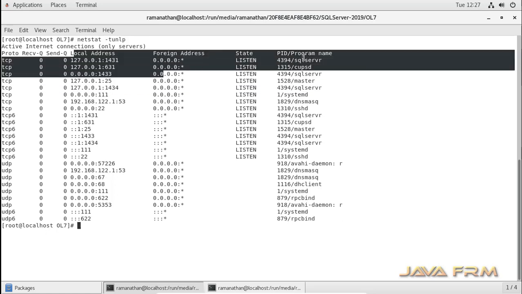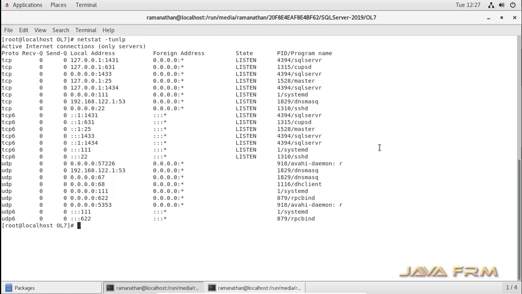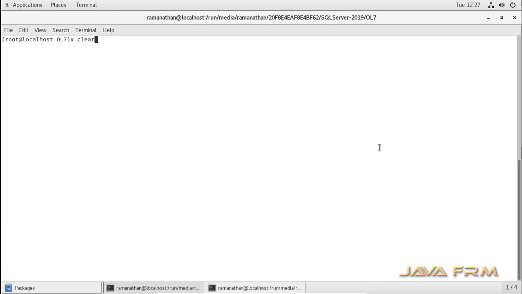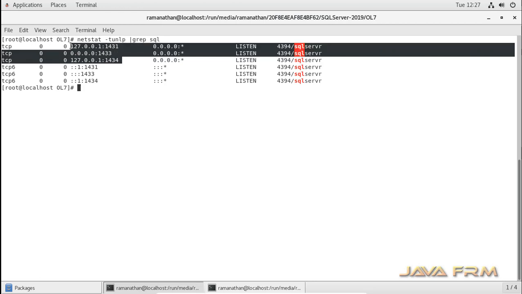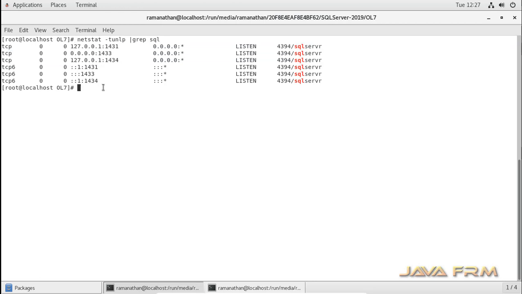Let me grep the command once again. Once again, I'm running the command with grep SQL. Yes, you can see 1431, 1433, 1434. So 3 ports are used by the SQL Server 2019 instance.